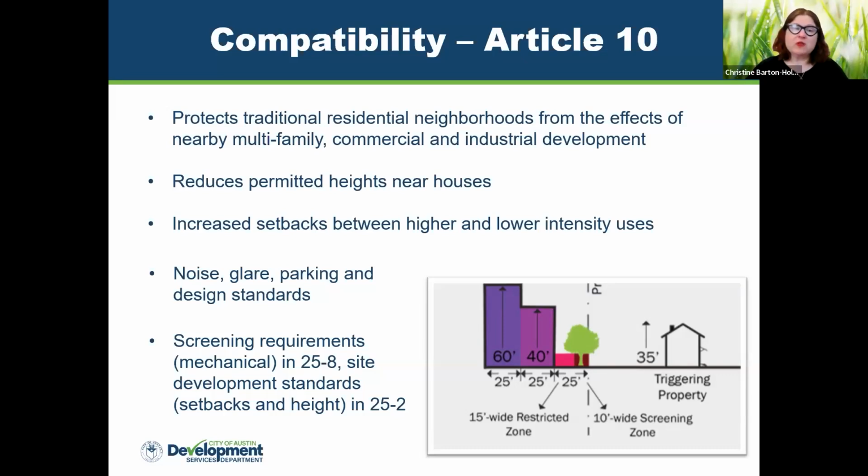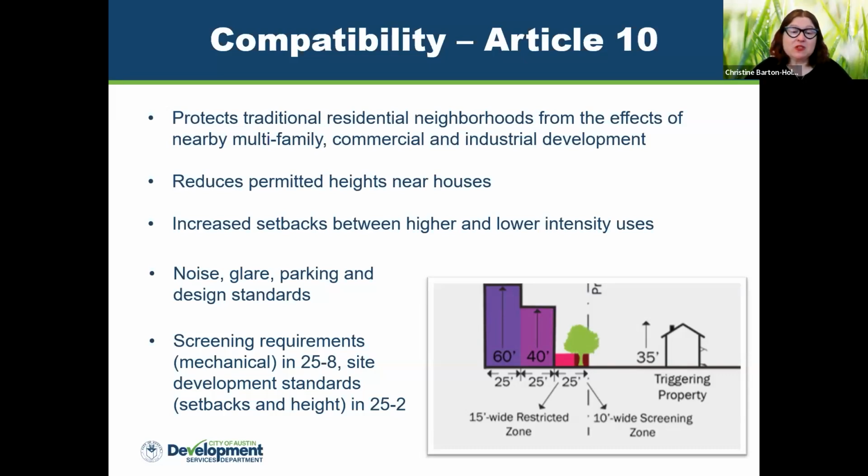So no mirrored glass. You have to screen your air conditioning, as with subchapter E. You have to have some landscaping and usually some fencing. A mixture of landscaping and fencing typically works best to help buffer noise and light from adjacent uses.